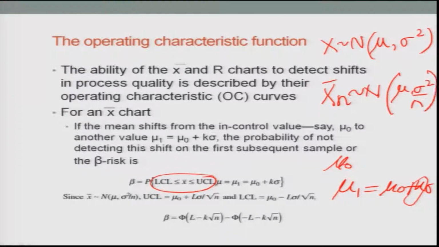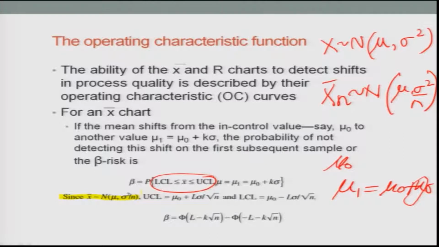This part we have already discussed, if you remember. So, this is what we are trying to understand. Since x bar, which I am now highlighting using yellow color, is distributed with mean mu and variance sigma square by n,